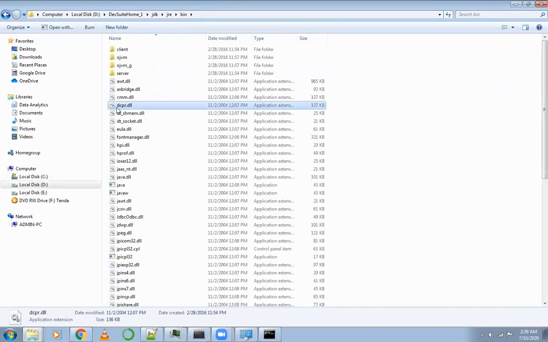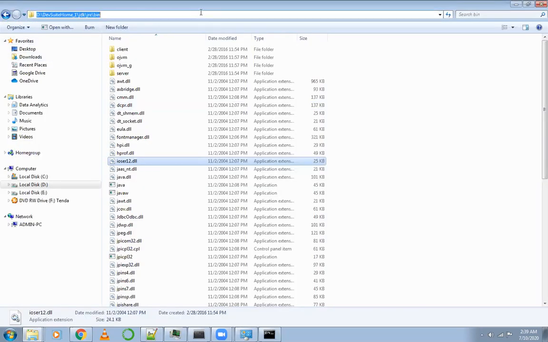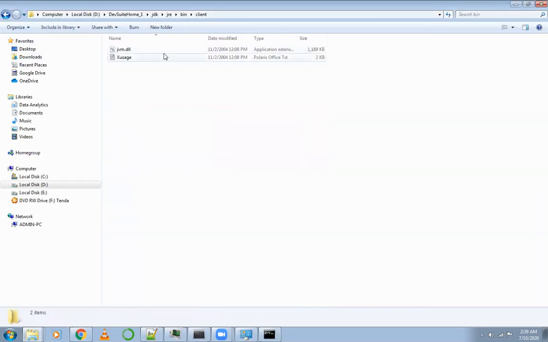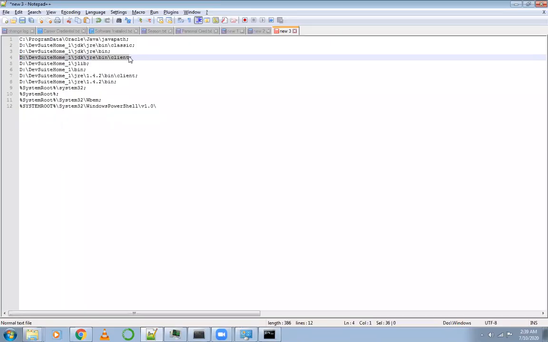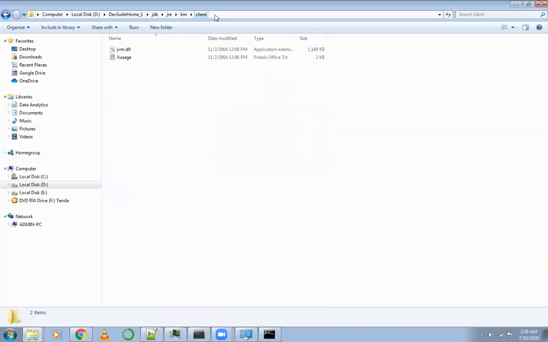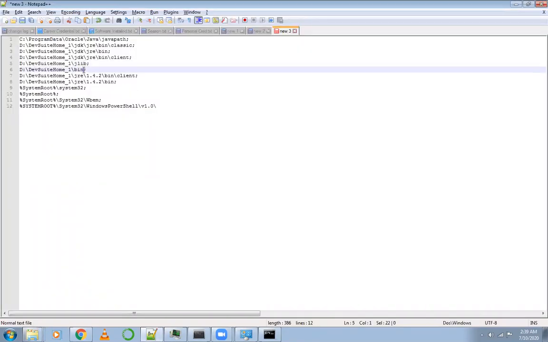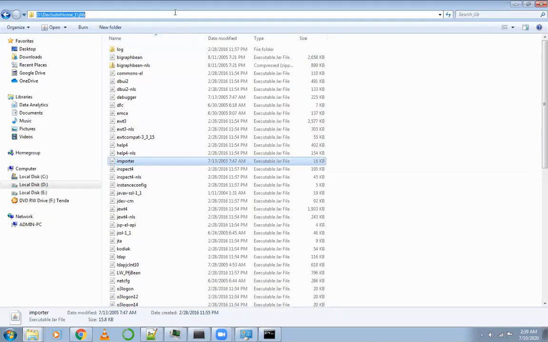Let's search for ipconfig. It's not there. Let's move to the fourth path. It is also not there. Move to the fifth one. It's also not there. Let's move to the sixth one.